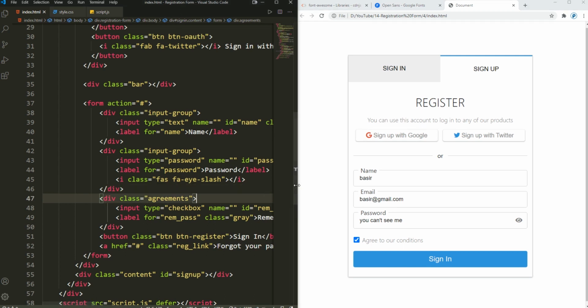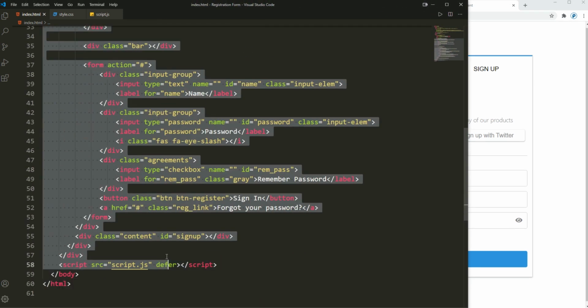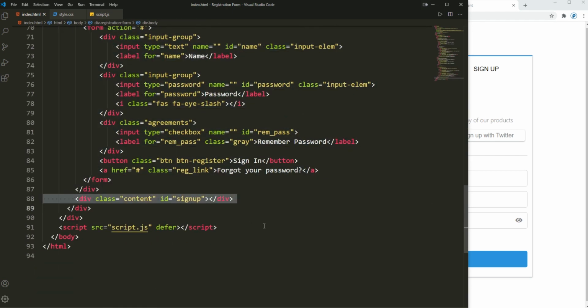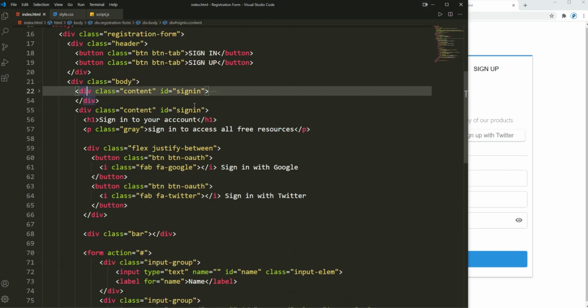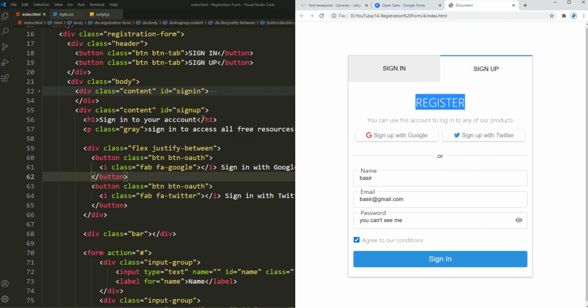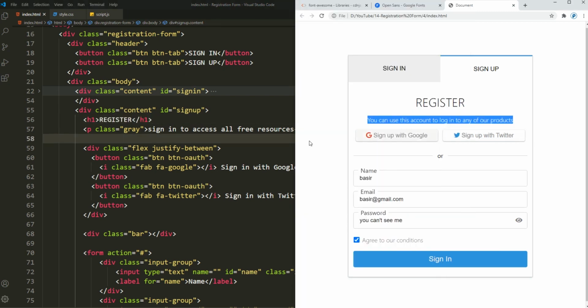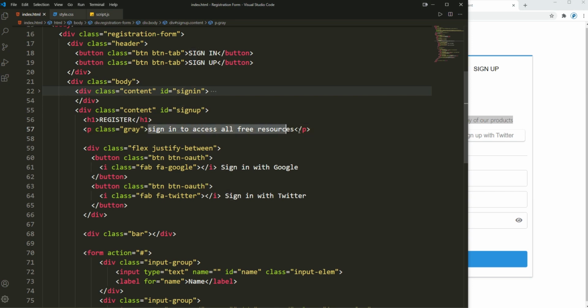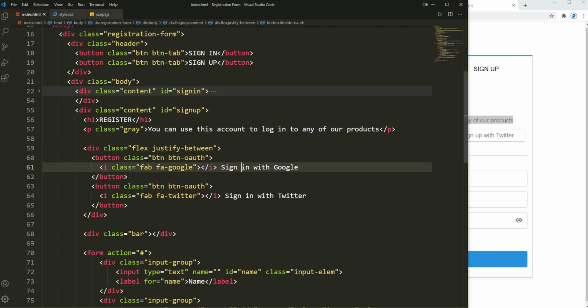I'm just gonna straighten this up a little bit. Okay, so first I'm gonna just copy everything right here and duplicate it down below. Let me get rid of this from here. Okay, so this one was for sign in, so I'm gonna collapse that, and this is for sign up. Okay, so the H1 is just register, so I'm just gonna copy and paste it there, and then some content that's gonna encourage the user to sign up to their account. It could be anything. And then instead of sign in with Google, we have sign up with Google,